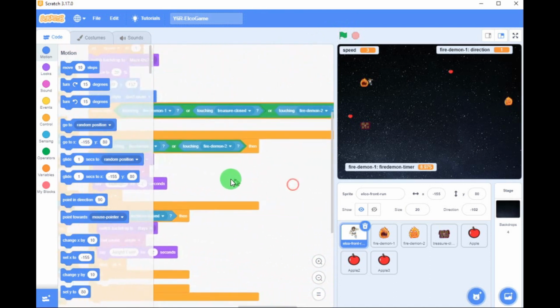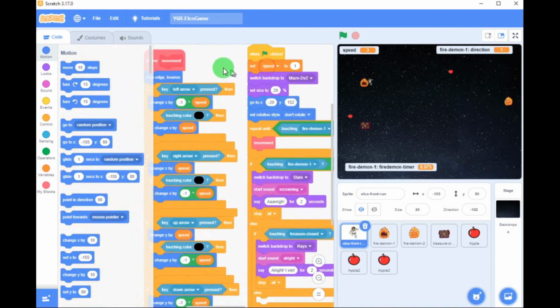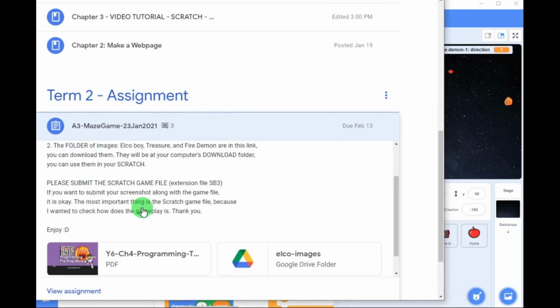All of the script can be learned in the class, but I'm going to give you the first basic ones. I'm not going to explain all of this. For more details later on, you can learn from this assignment 3 maze game, and you can click this